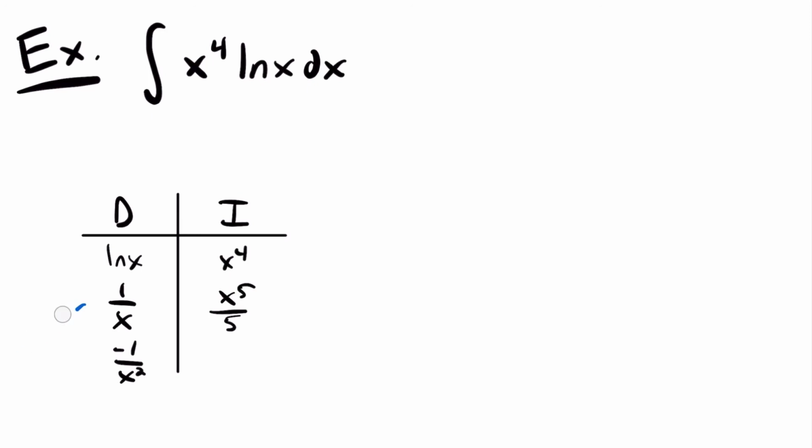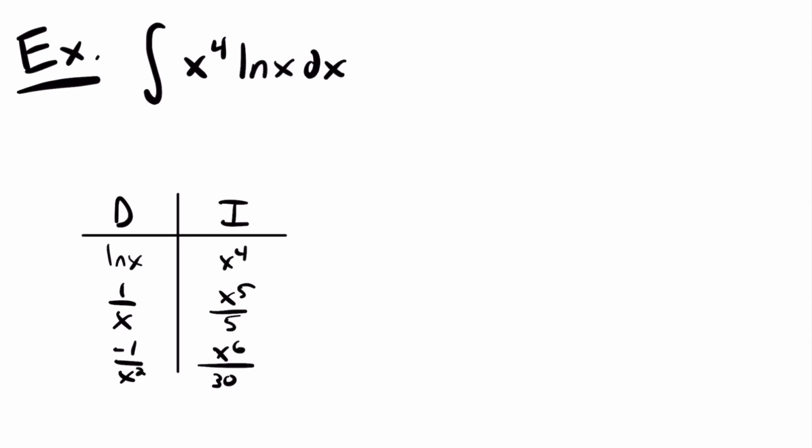And then if we integrate in our other column, we'll use the power rule of integration again, and we'll add 1 to our exponent and then divide by that exponent. So we'll have x to the sixth power divided by 5 times 6, and that would be equal to 30. And so I'll just rewrite that. We will have 30 in the denominator. And so we could continue to fill in more rows of this table, but I'm going to stop there